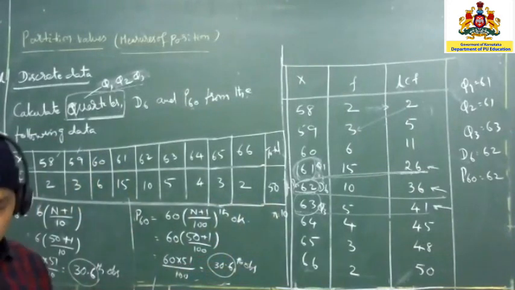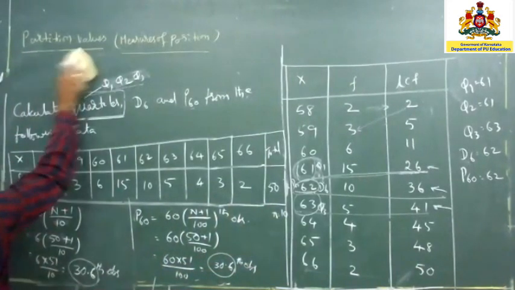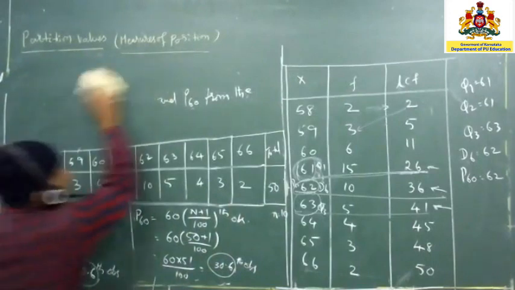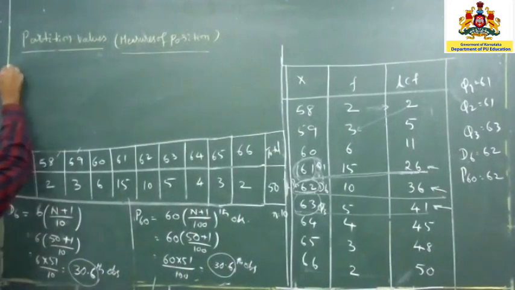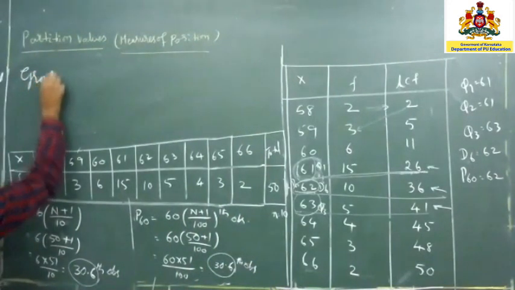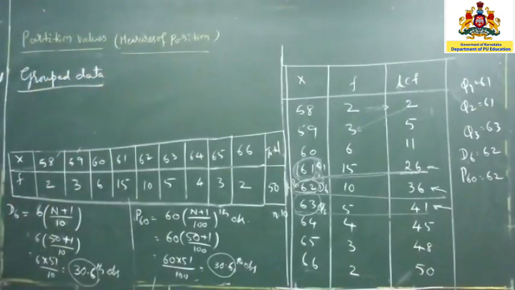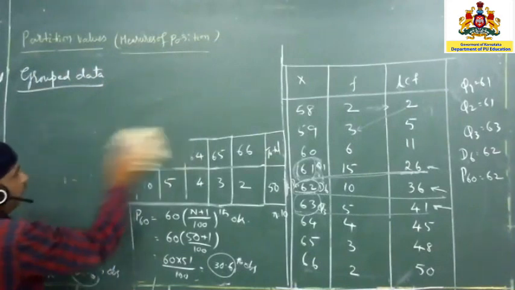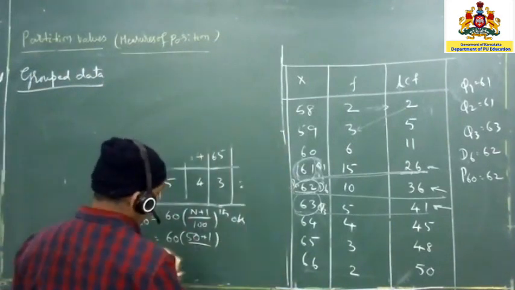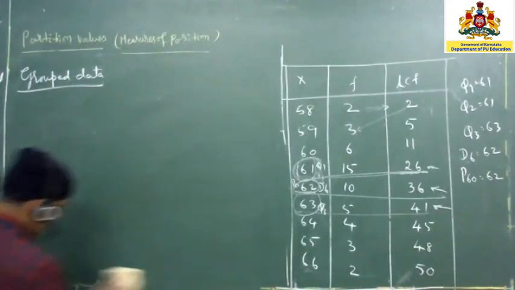Now what is the third type of data we are going to have? The third type of data is grouped data. So I have clubbed all the two types of data here itself. Now I am going to discuss the grouped data. How will the grouped data be? As I said already, in the grouped data, along with the frequencies, the class intervals are also given. Here we don't have class intervals, only exactly the numbers are given, but class intervals are nothing but having the intervals only. Okay.